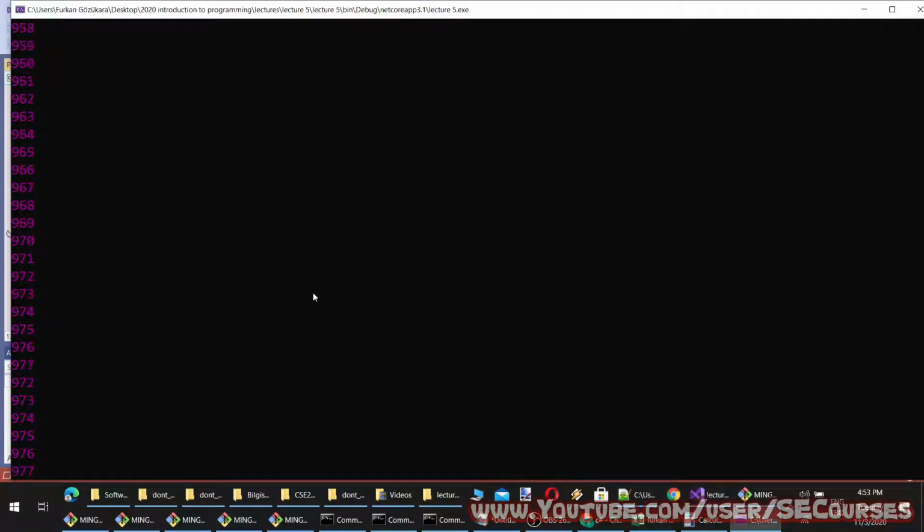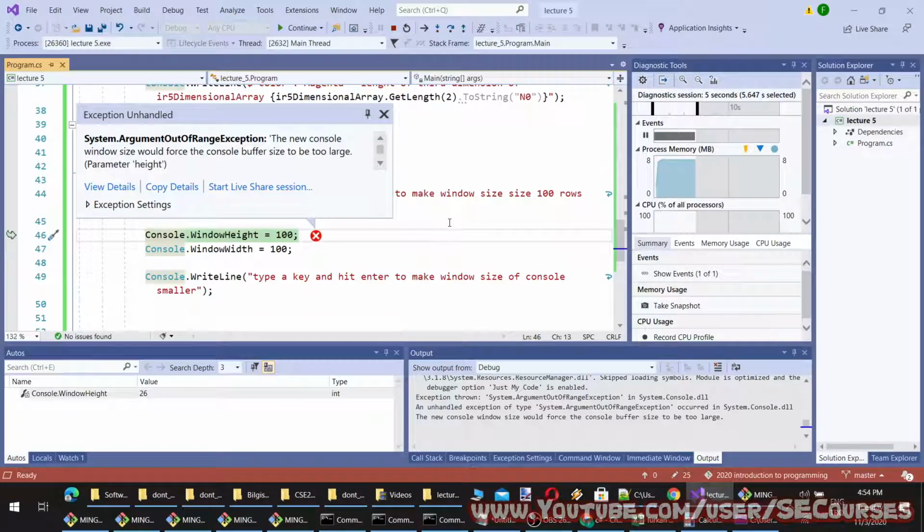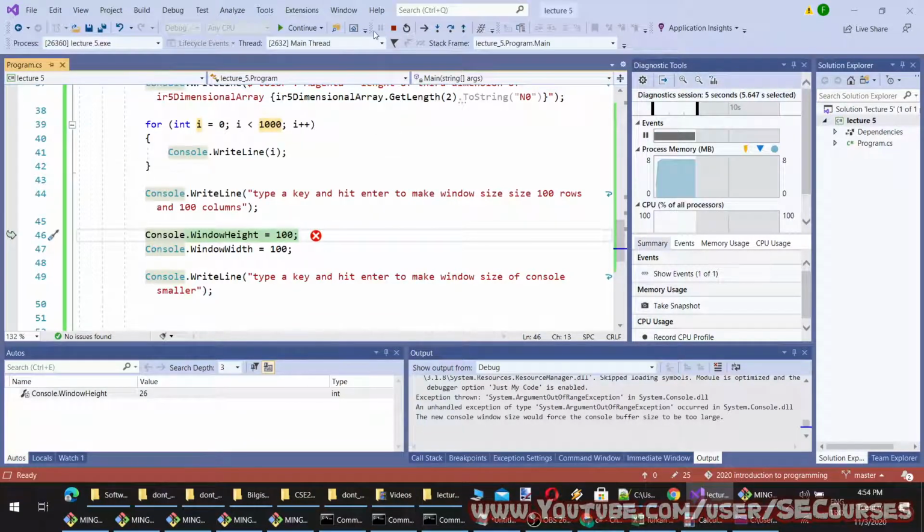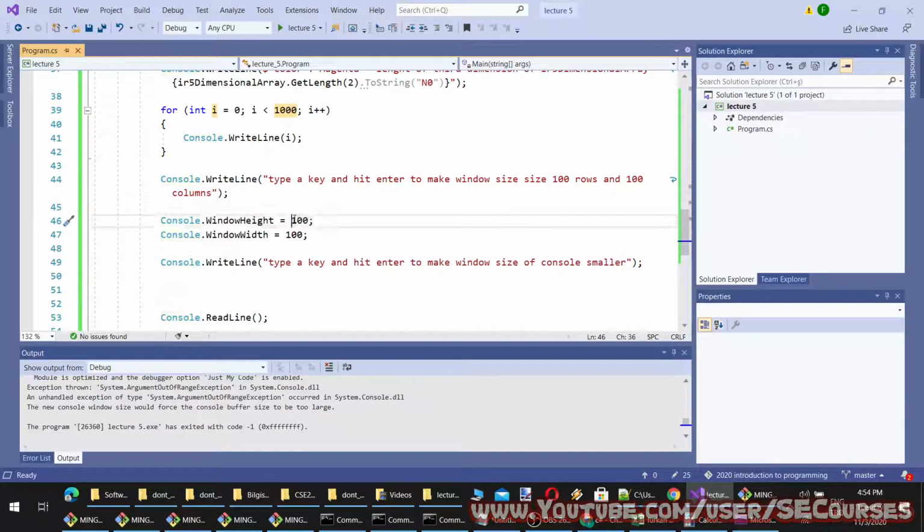Okay, as you can see now, we can see 1000 rows, and it has 100 columns as well. When I hit a key and hit enter, oh, okay, looks like the height cannot be 100. Let's say 20 columns.